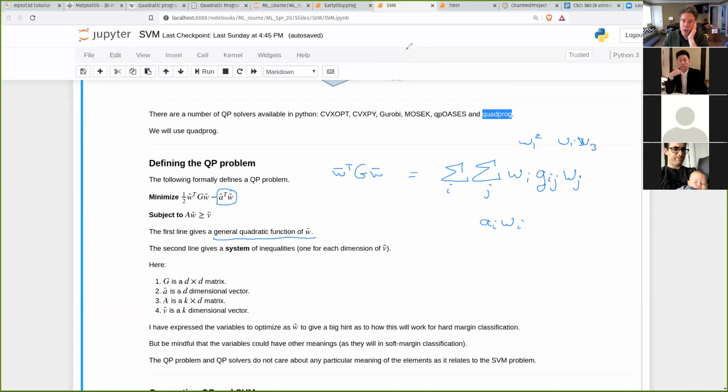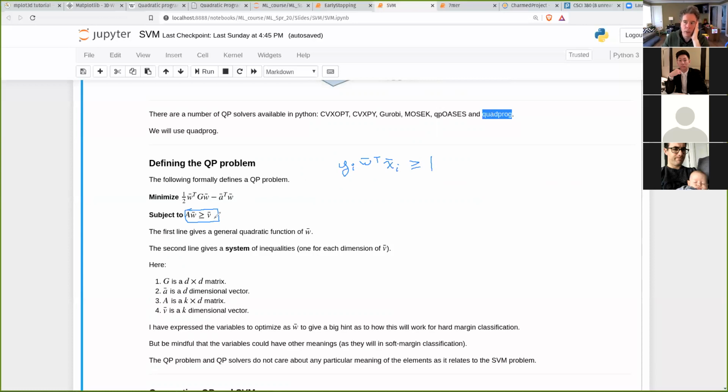Then you have this thing, which is the constraints. Somehow this is going to be expressing our set of constraints, y_i W^T x_i is greater than or equal to 1. So we have to somehow express this. Remember, we have a whole bunch of these. That connects with a matrix, right? Because a matrix has rows. And this inequality is actually